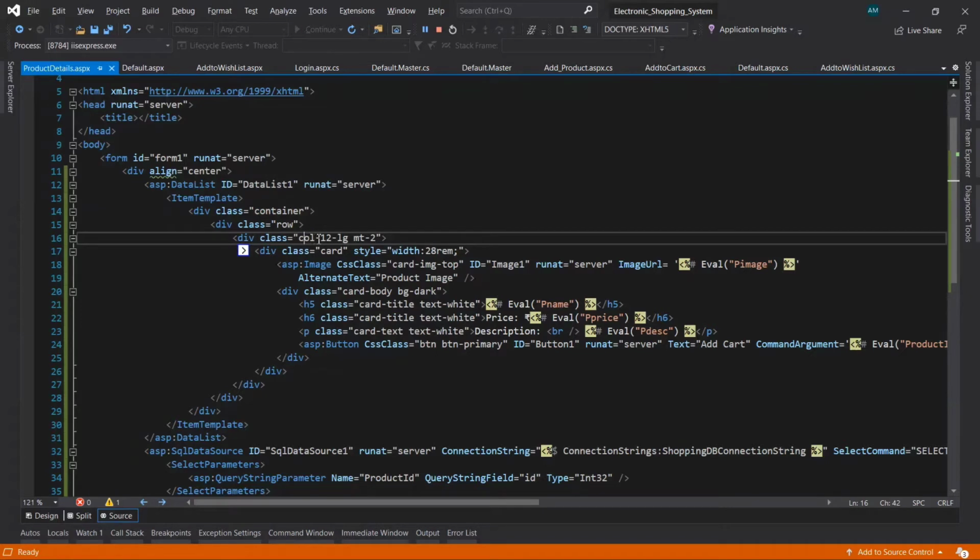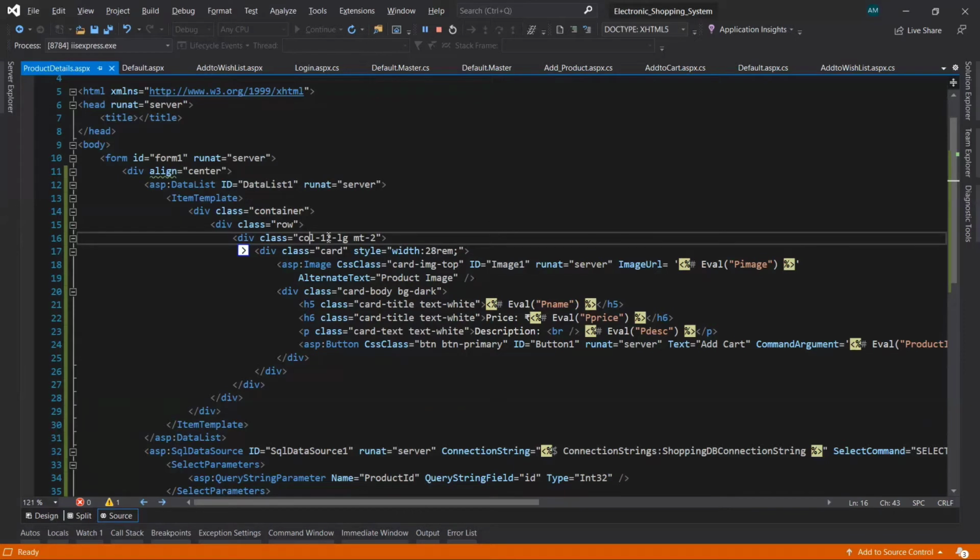Here col means column, hyphen 12, hyphen lg, that is large, and another class, that is mt, margin top, hyphen 2. So I have taken column 12, which is set for large screens, and margin top 2, which will apply margin top here.